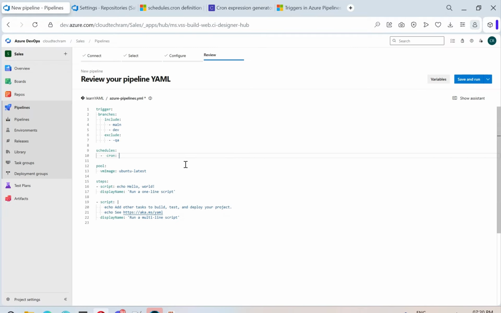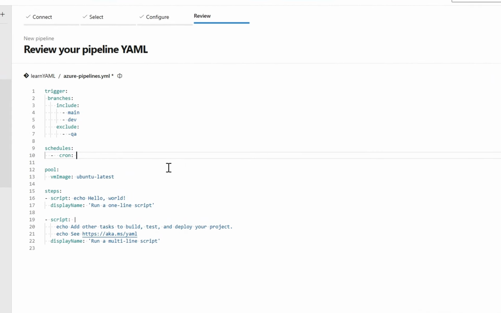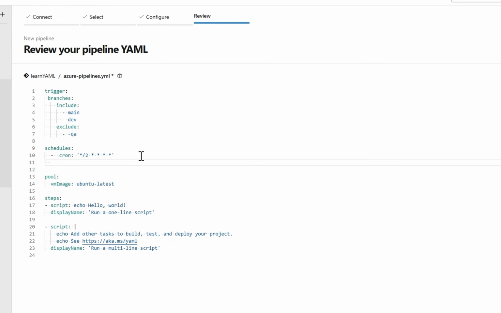Okay, so we are going to trigger it every 2 minutes. So how to do that? I'm giving some time for you to think. Okay, now let's try star by 2 and then 4 stars with the spacing. Okay, now we are good, and it is good to use the display name parameter. So come over here, and here you can provide a display name, triggers,